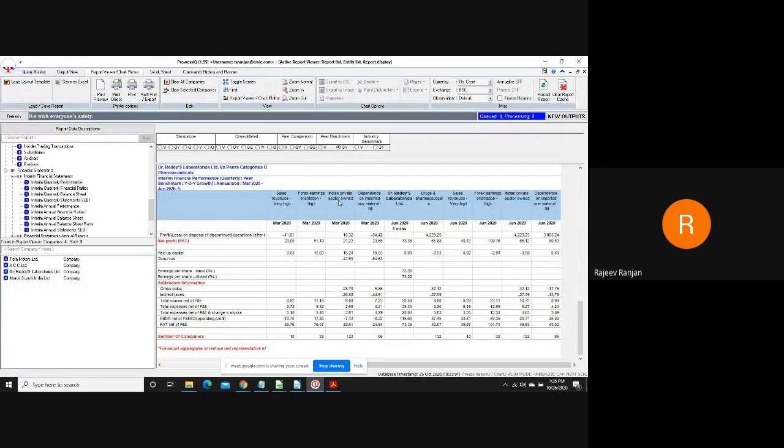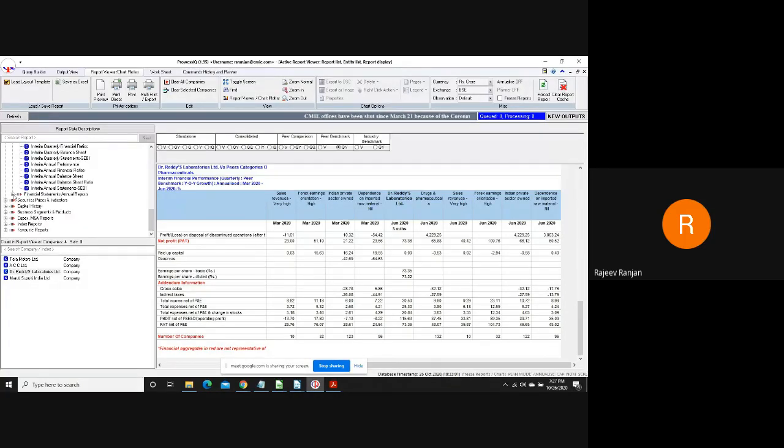Similarly, this is an Indian private sector owned company, so it will give you a benchmark with respect to companies in drugs and pharmaceuticals owned by the Indian private sector. So there are different kinds of benchmark you get here in the peer benchmark.